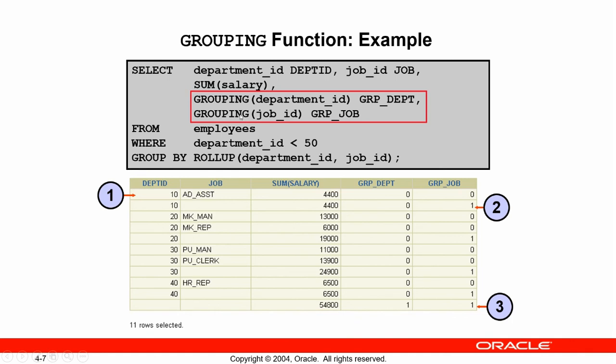You can use the grouping function in the select statement also. Here you can say that grouping of the department ID is returning 0. Why? Because the department ID has a value. Here the department ID has no value, so the department grouping will return me 1. And here the job value has the null value, so here you can say that the grouping is returning 1. You can use the grouping function in the select statement. Even you can use the grouping function in your having clause.